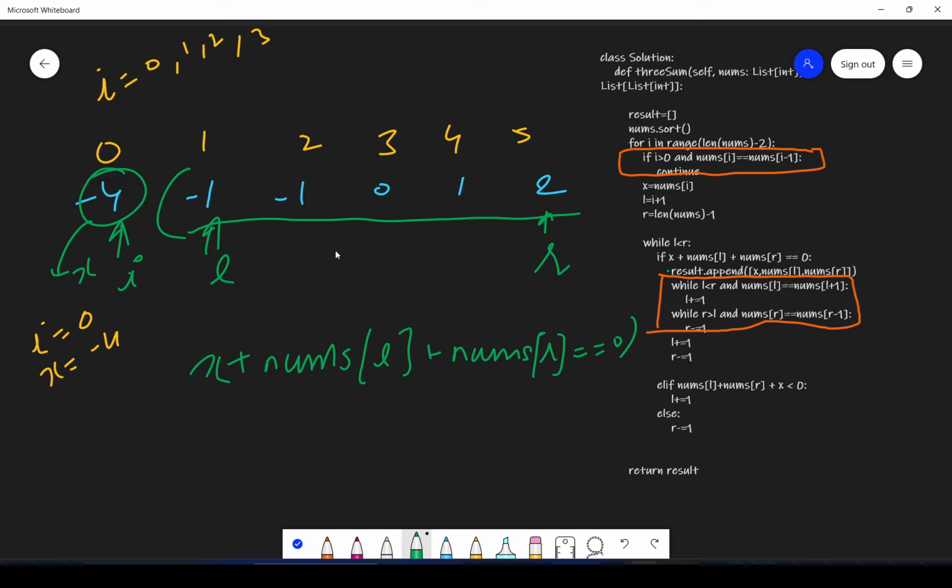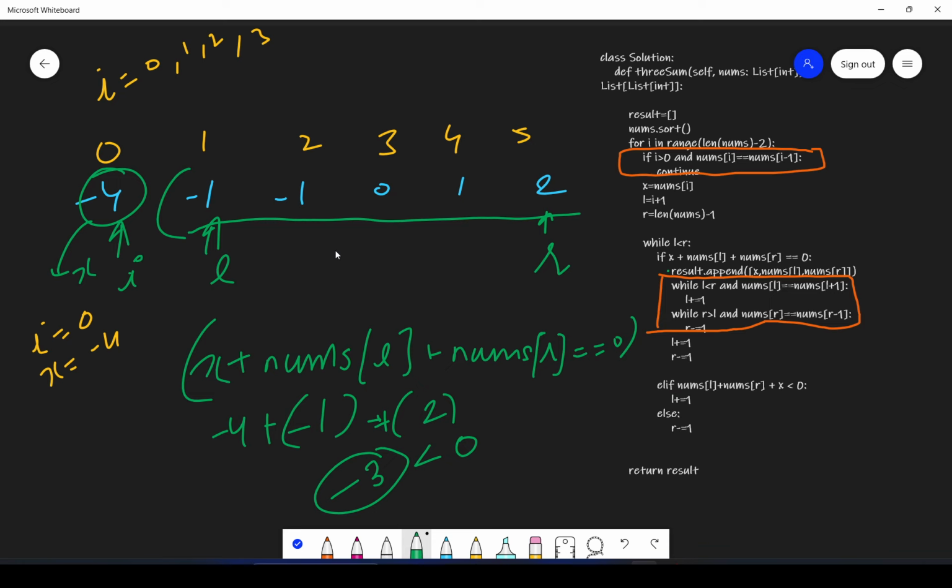Here, x is -4, nums of L is -1, and nums of R is 2. So this becomes -3, which is less than 0, so it's this case.